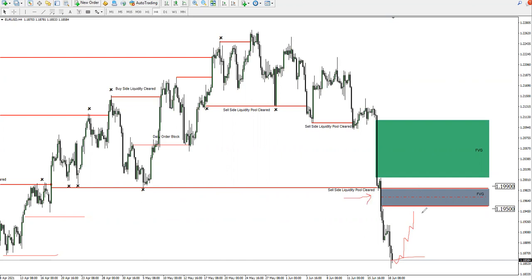In the first fair value gap, we want to see some reaction in here. If I do not see the halfway point, the equilibrium point of this mean threshold, being respected, I will ignore and continue monitoring the pair. But what we would like to see most likely is price to come and give us bodies that close below this mean threshold of the fair value gap. If we don't get that,